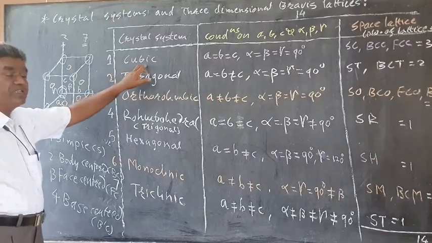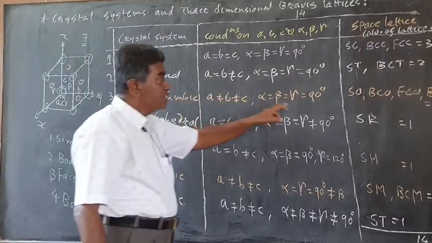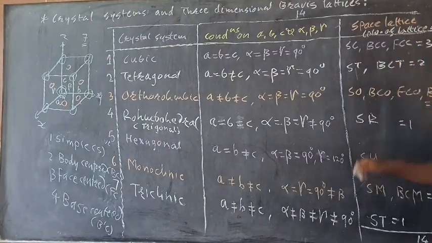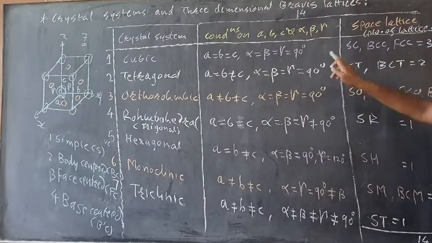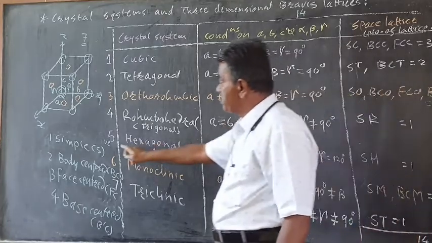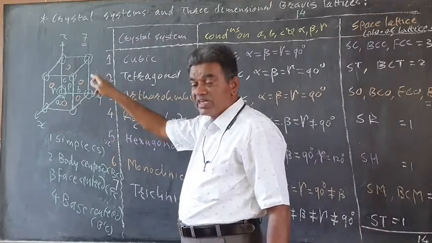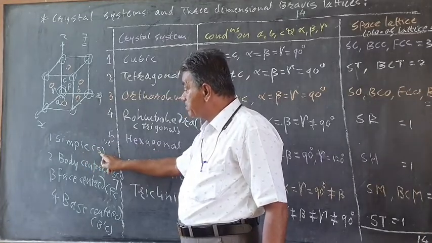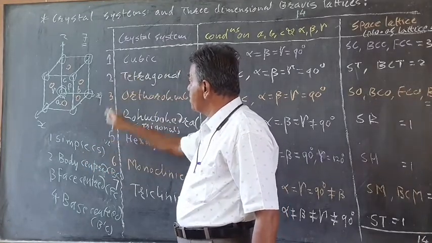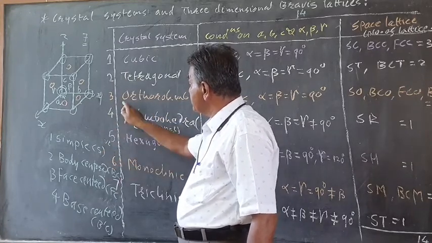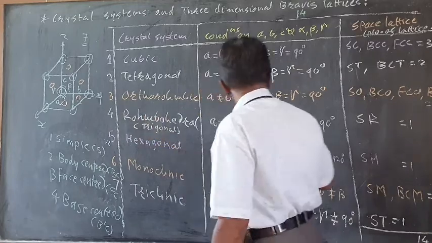So in the case of the cubic system, it is given here in the last column. This is the space lattice, or the number of lattices in the cubic system. There are again 3 types. Here we are seeing simple cubic, which is nothing but the simple case. Only the corners of the unit cell are occupied by the atoms, and it is represented by S. SC means simple cubic, and likewise simple orthorhombic, SO, and so on.